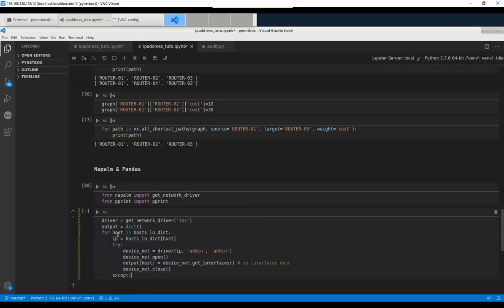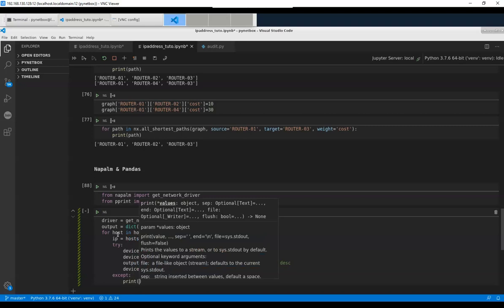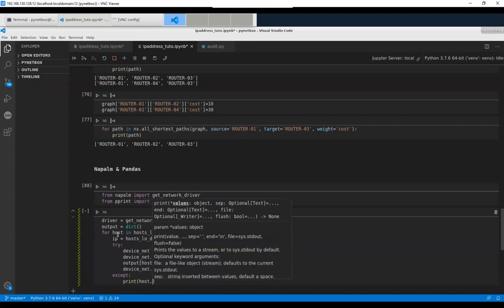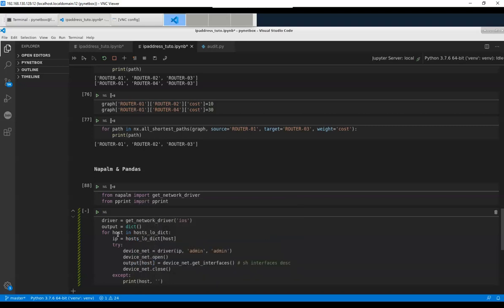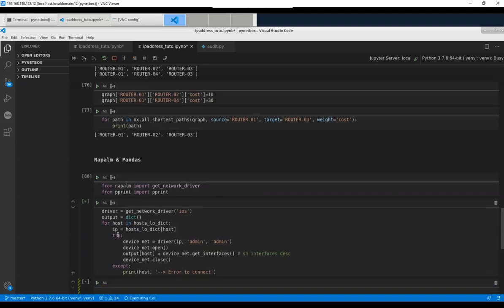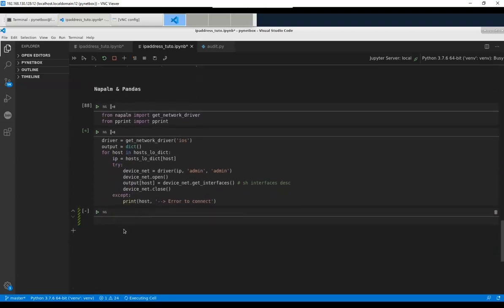And now I can code my except expression. So if I detect an error, I will print an error message. So here I will print the host and error to connect. Okay, now I execute. It's okay. To check,